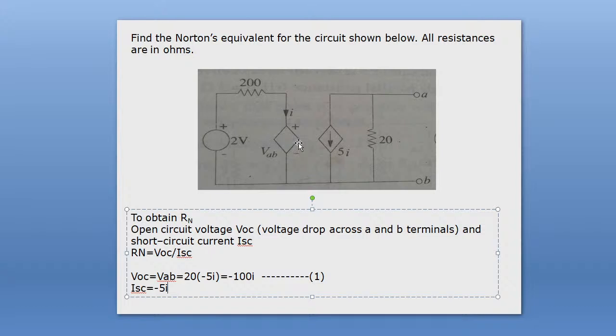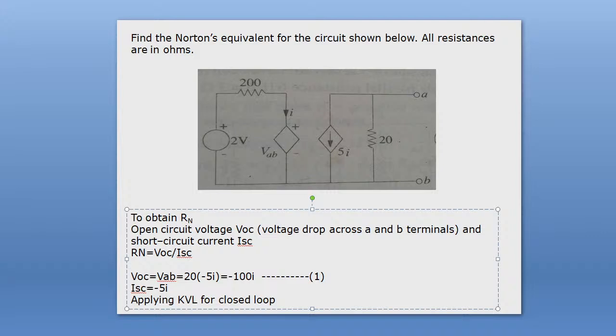If you consider the left hand portion of this circuit, you just consider this closed path. So by applying KVL for the closed loop,